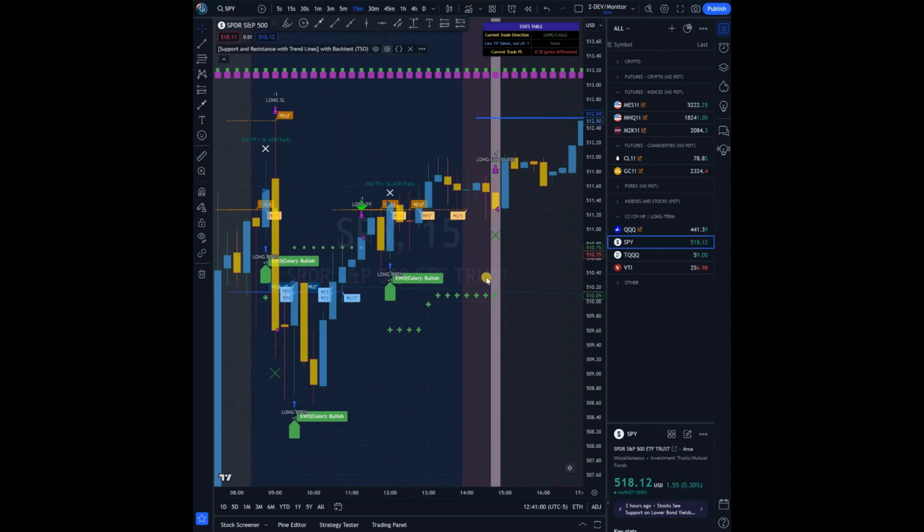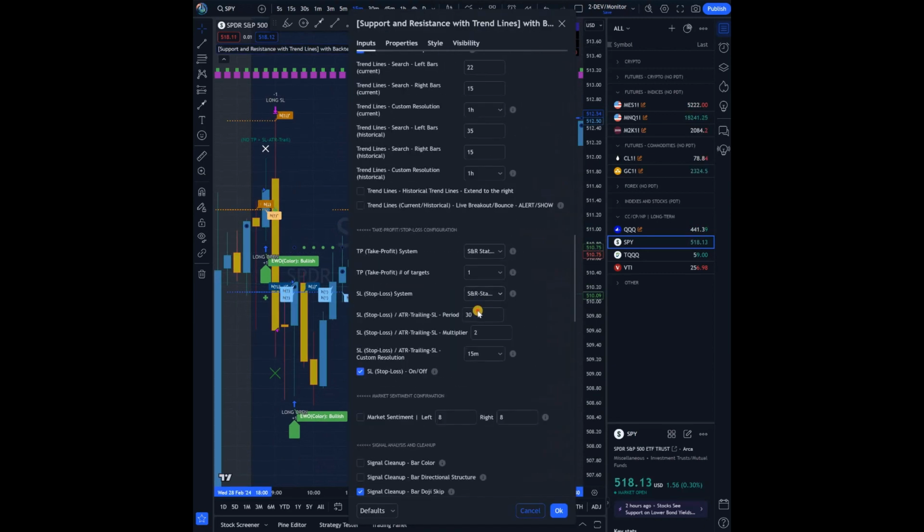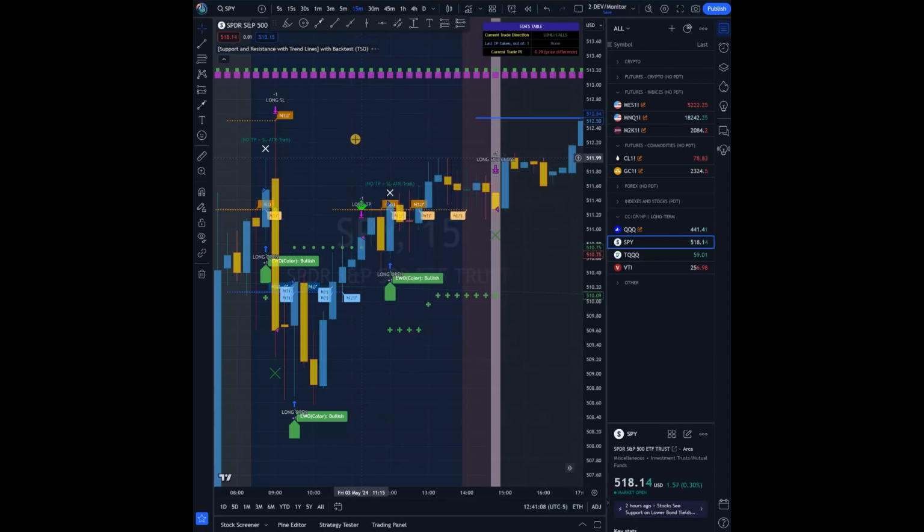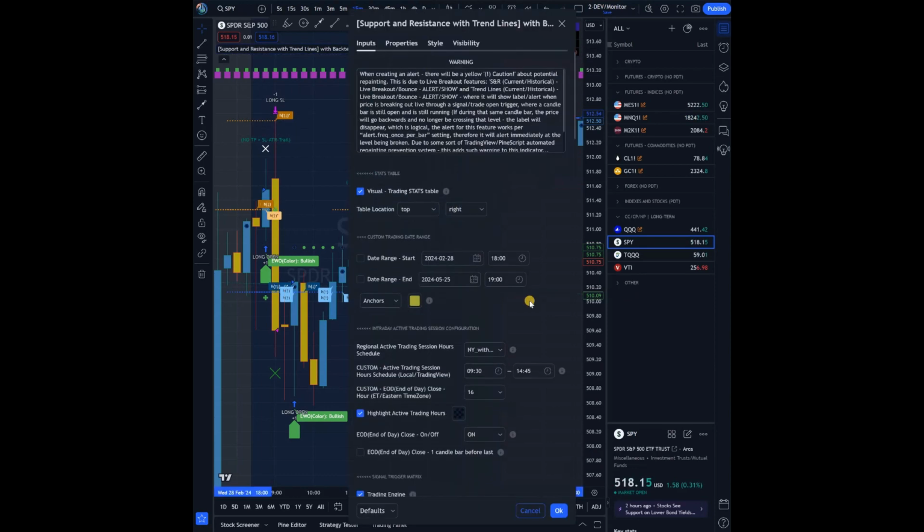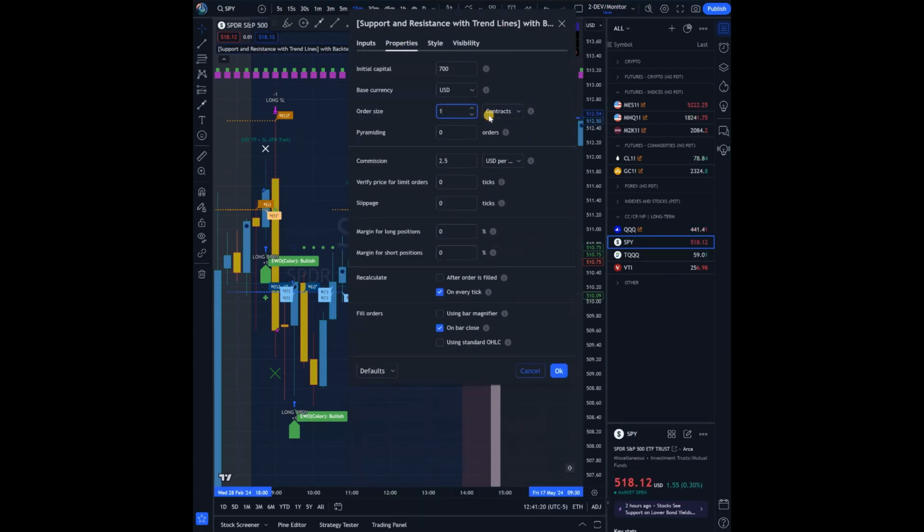And I think right now, why is it set again? Let me set this to 3, so we at least see. Okay. And this is the default, and probably the best to use. Let me set this to 3 as well. Make sure the amount of contracts, those are stocks if you use stock, or lots if you use forex,